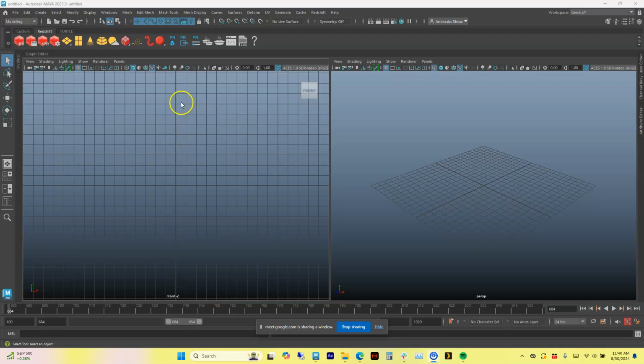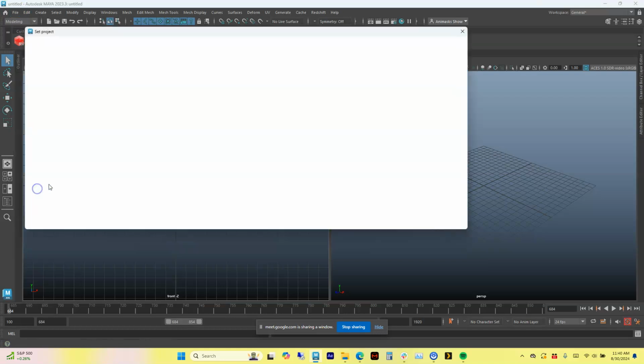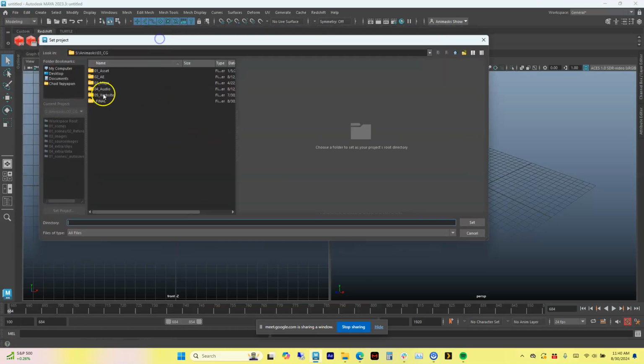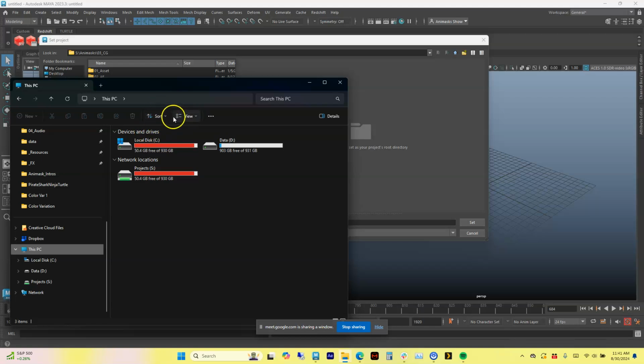For first order of business, set your projects. In Maya, you'll find this file, set projects. So you set a project, you find your Maya folder, and my folder structure, which I believe I have not actually shared it with you guys,